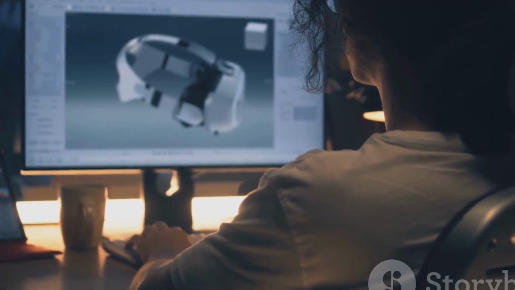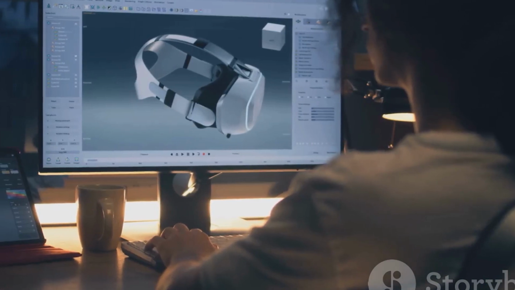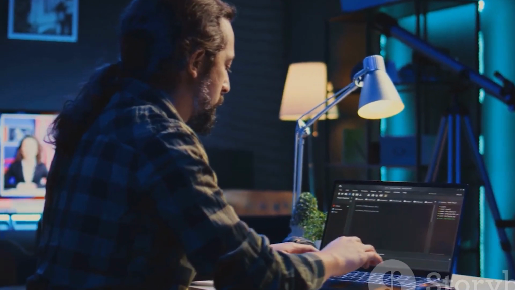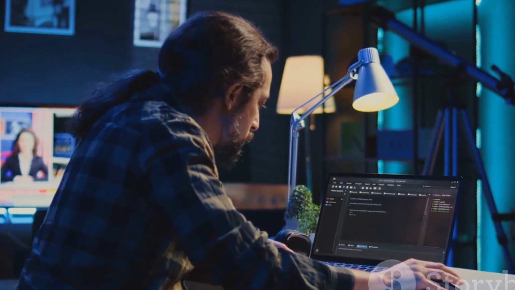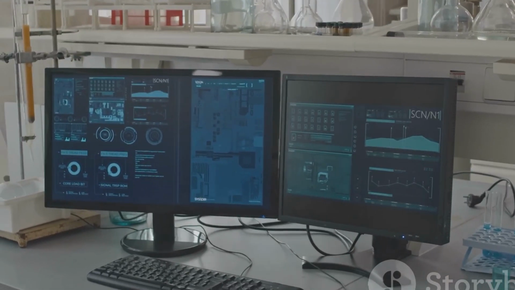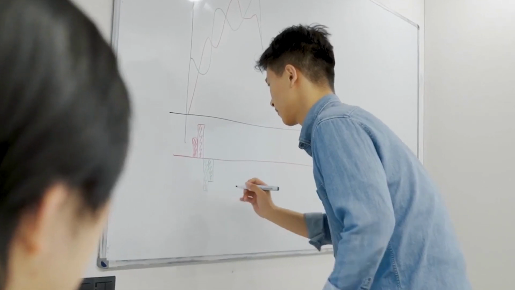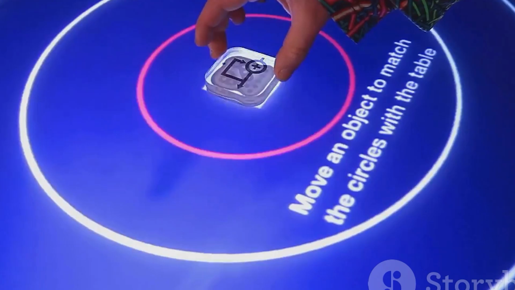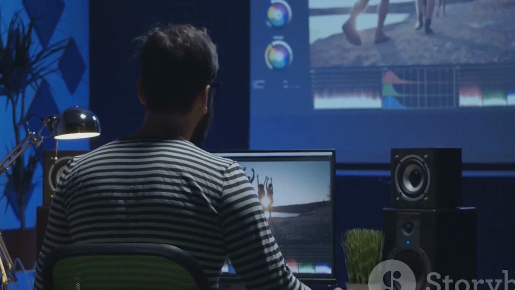This is fantastic for beginners. It is also great for artists and designers who want to make things happen in the game. Many experienced programmers also use blueprints because they are fast for prototyping and many common tasks. They are a core part of UE5. Think of blueprints as instructions for your game objects. You can tell an object, when the player touches you, open, or every second move up a little bit. These instructions are built visually.